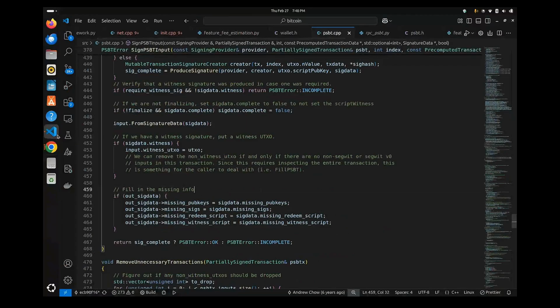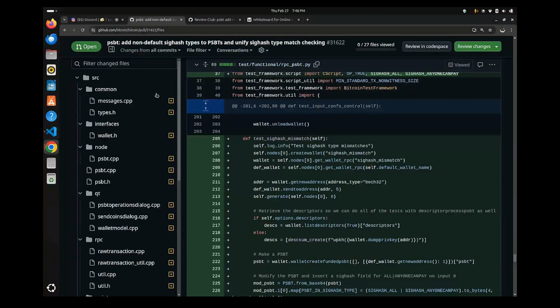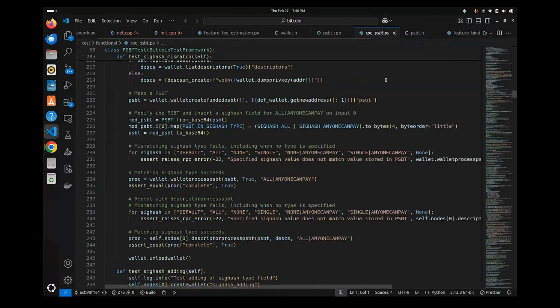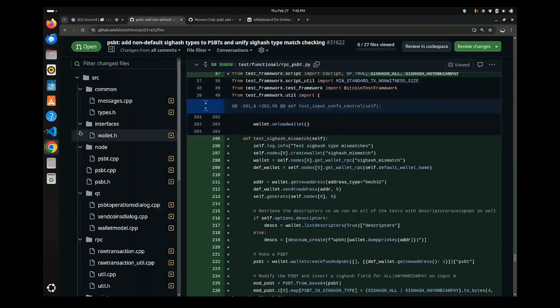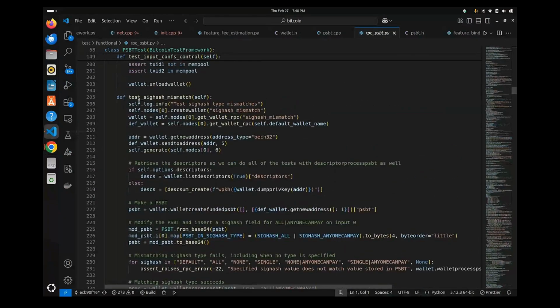Not this one, I think. What is the name of this function? RPCPSBT. Okay, yeah, this one. So the test function creates a wallet with the name sighash and gets the wallet RPC, calls the wallet RPC for this wallet we have created, and then there's another variable defined called define wallet,